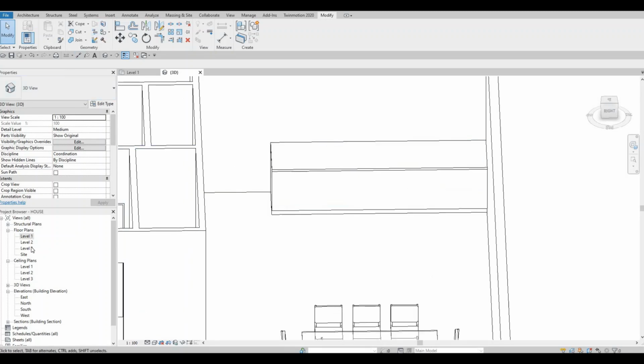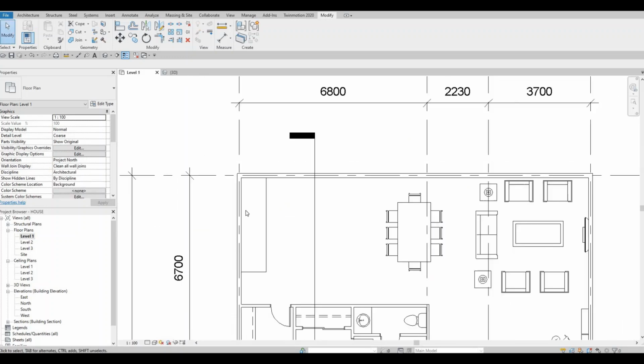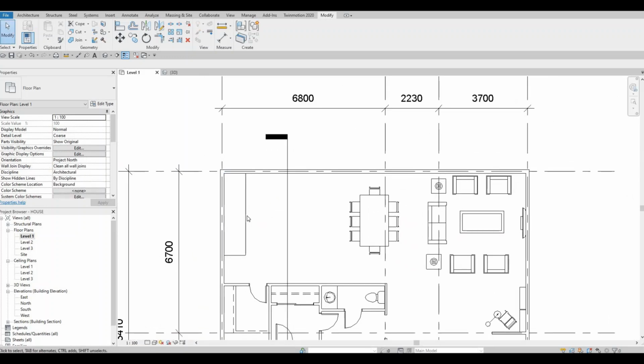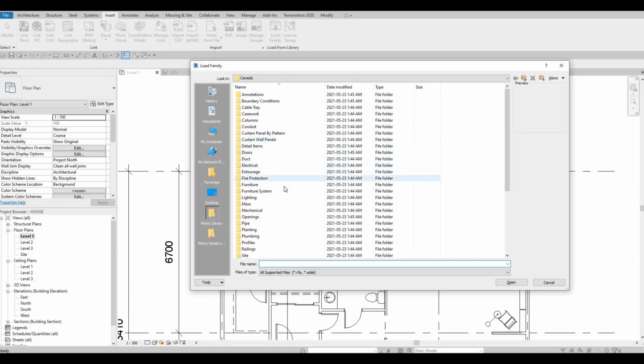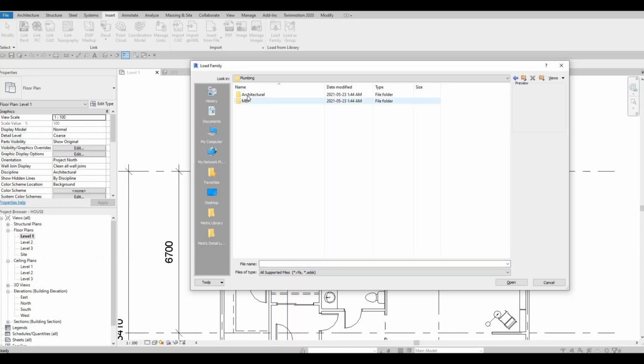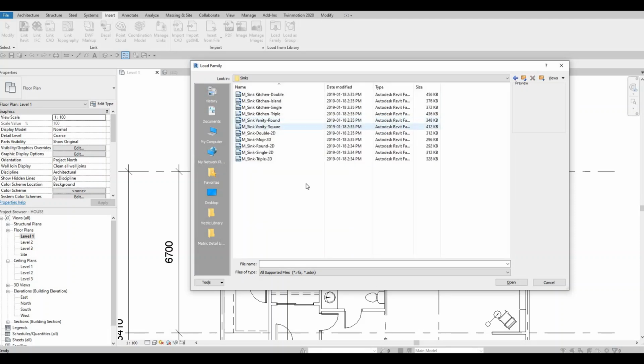What we could do is we're gonna insert the sink. So I think it's better to insert the sink so that you can see what we're going to cut here as well. So let's insert, load family, and then let's go to plumbing, architecture, equipment or fixture, sorry, and then sink,